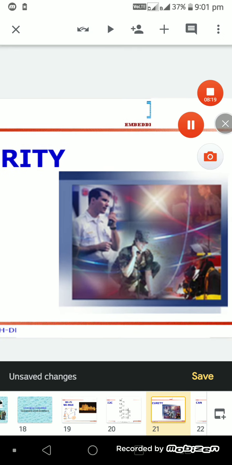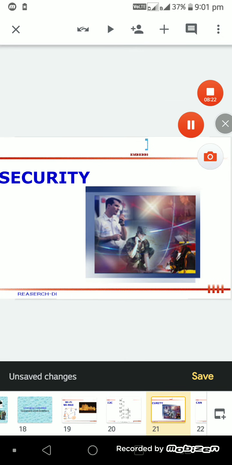Next, go for accuracy and security. Nowadays we are using security for the most important equipment, like gold and money and anything. And at the same time, women's safety is nowadays most important. Then for this security we are using different communications, and for women's security, your security is long term.